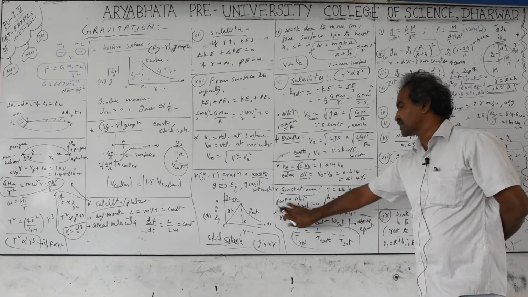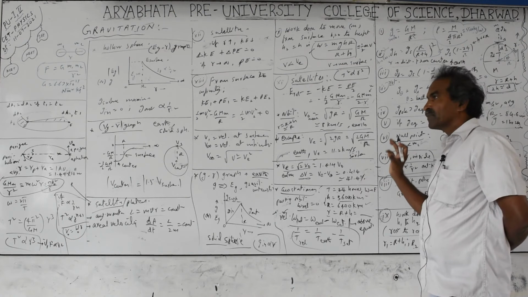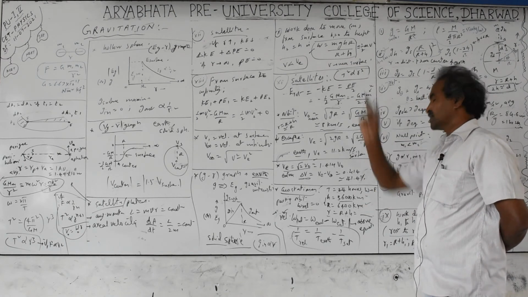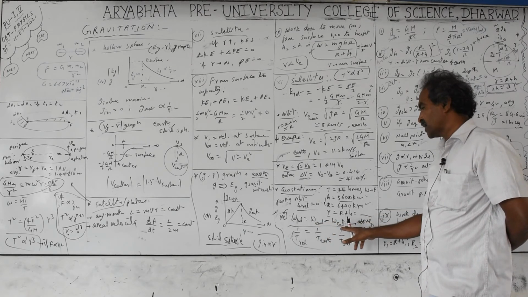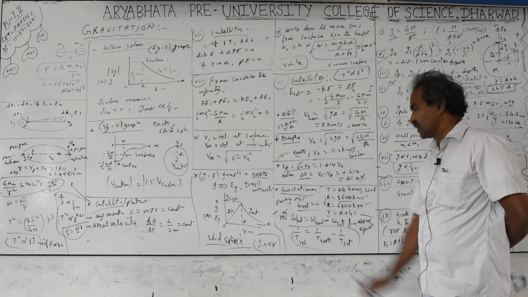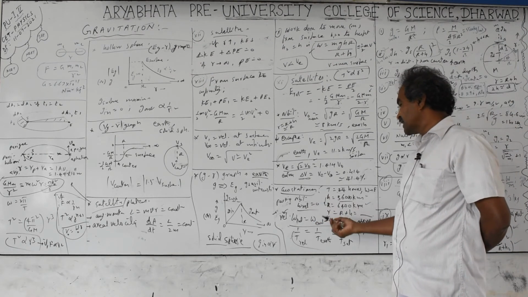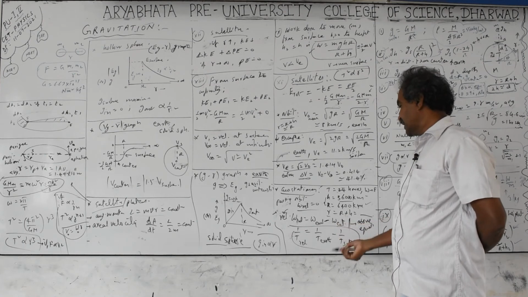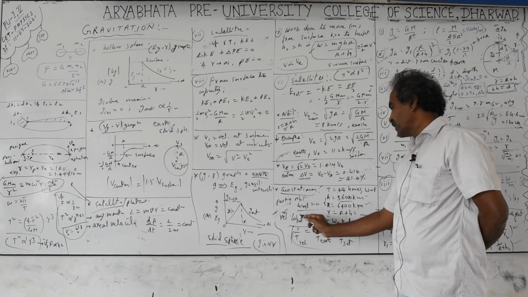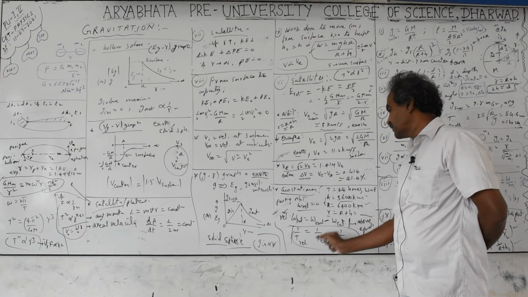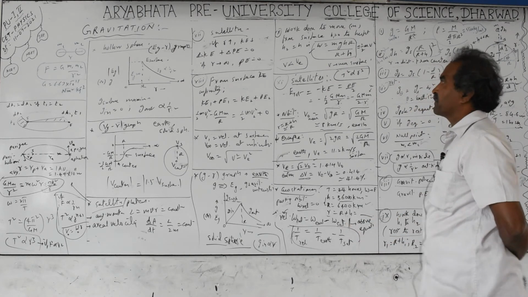Next is relative velocities, the relative angular velocity between the satellite and the Earth. What we see is only a relative velocity. So the Earth's omega minus the satellite's omega, the difference, is equal to the relative angular velocity. But for a geosynchronous satellite, this relative angular velocity is 0. For other satellites there is a difference between the two speeds. Since omega equals 2 pi by T, the 2 pi cancels, so 1 by T relative equals 1 by T earth minus 1 by T satellite. They don't give you the values, only the formula you have to remember.